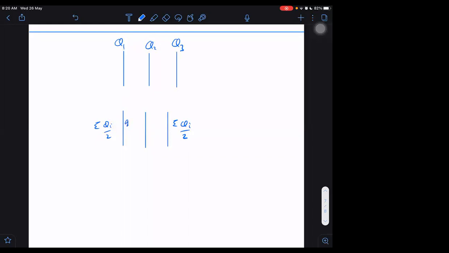I can determine this. Let us say it is Q1, and it will be minus Q1. Then Q2, and it will be minus Q2. And how to get these values now? I will use the formula Q1 plus sigma qi by 2 is equal to Q1. From there I will get small q1. And after getting small q1, I will write the formula for Q2 minus Q1 is equal to Q2. Then I will get Q2 is equal to Q2 plus Q1.